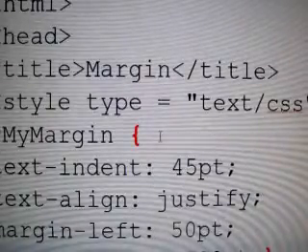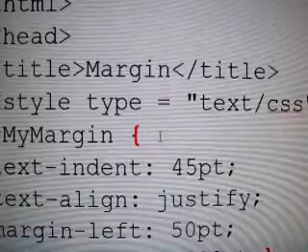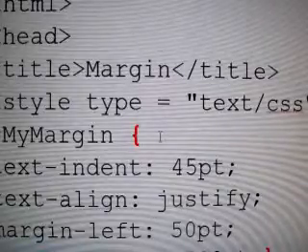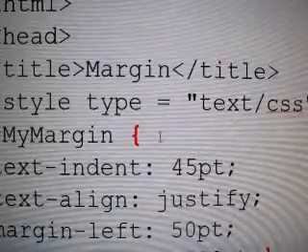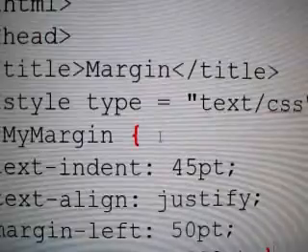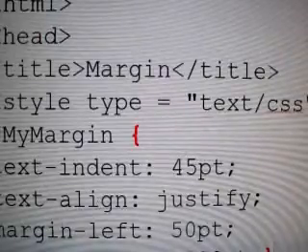Now, if this does look a little funky when you do this, remember, my screen resolution may be bigger than yours, so you may have to adjust the numbers to make it look right on your screen. But that's okay, you can pick whatever numbers you want. Play around with it, see what happens. Okay. Now then, now that we've got that done,